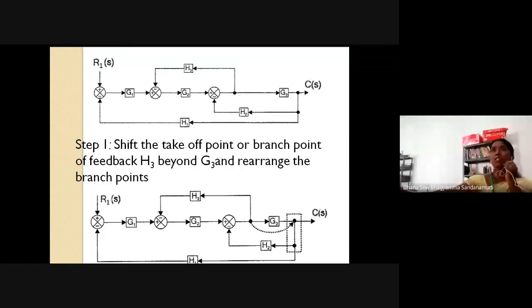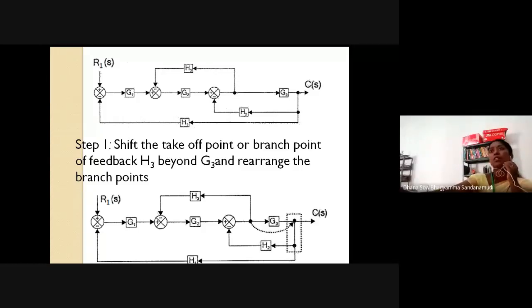Now this is my block diagram. I have to simplify this to determine the overall transfer function. Looking at this block diagram again, what you can see is no cascade elements, so forget about it. Any parallel path? No, forget about it.